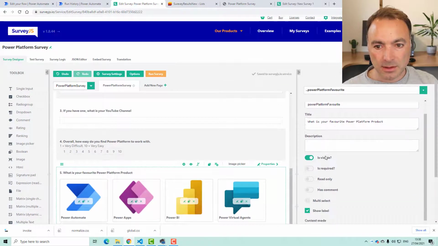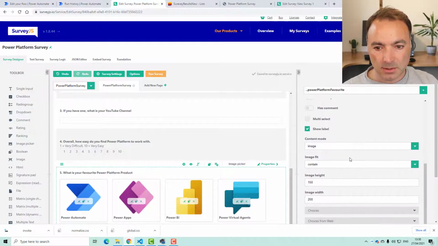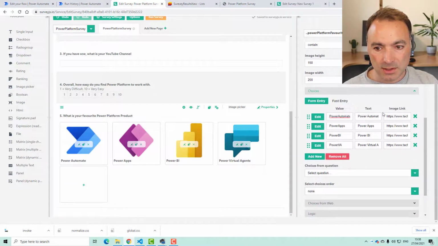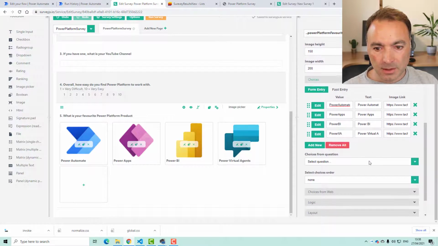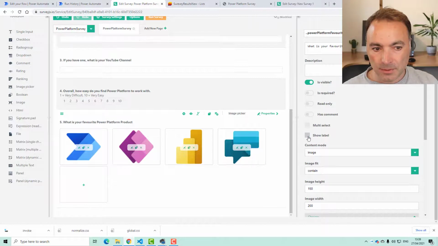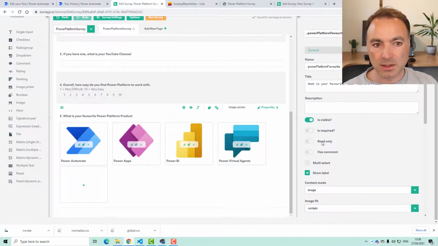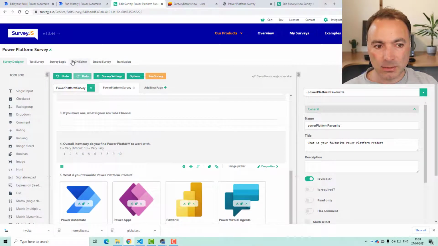So go to this one, choices. There is a, and I did have show label switched on, so it should have done that. Let's just double check.